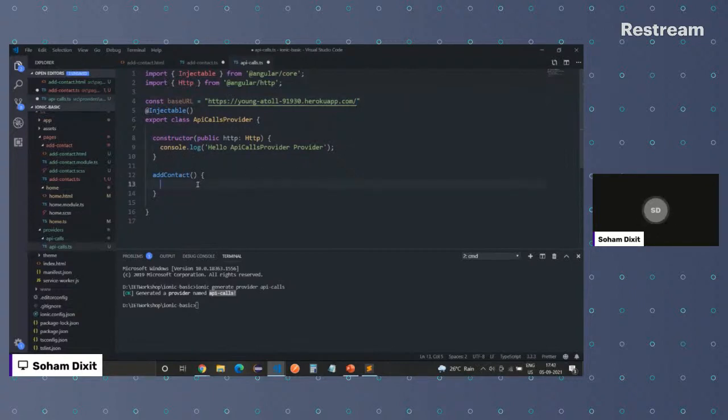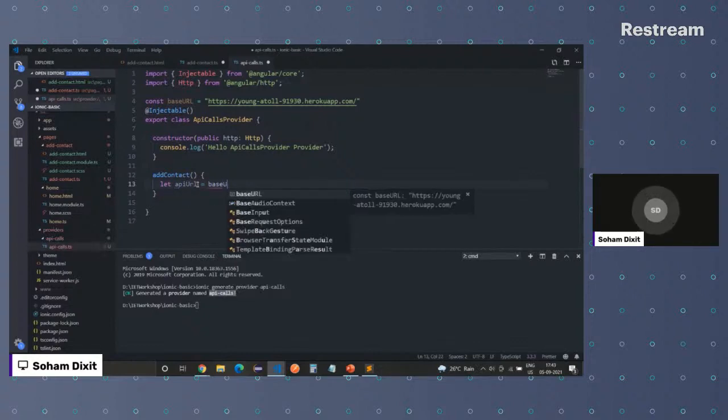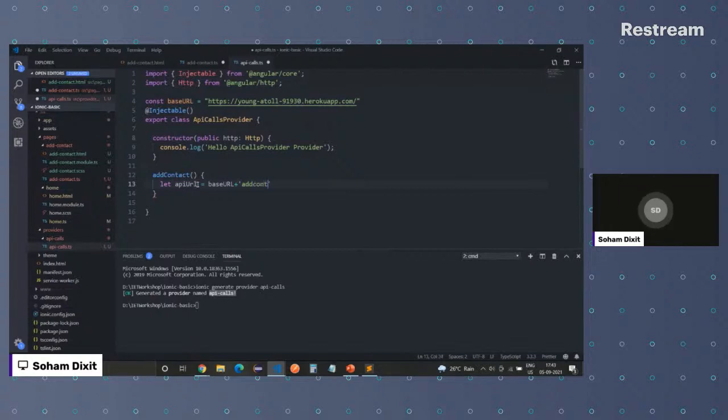So what I'll do is, we discussed there are different methods like create contact, view contact, add a contact. Let's define this add a contact. This is one of the APIs which I have written. This will be something like slash add a contact. I'm just defining a base URL at the top so that I don't have to repeat it everywhere else.